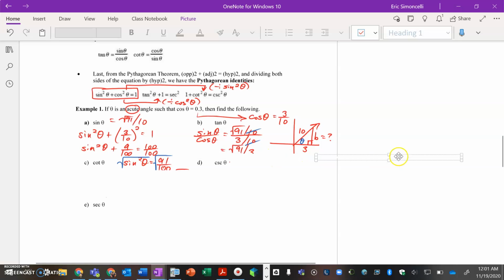Now there is a picture off to the right that accompanies this. I do want you to draw the picture for this problem just to practice. In the first quadrant we have theta. We're going to talk about quadrants and angles in quadrants, but later on more specifically. But in this case, if we draw it in the first quadrant, here's theta. Adjacent here is 3. Hypotenuse here is 10. We don't know the opposite side to theta. You could theoretically just do the Pythagorean theorem to find this side. And if you do that, you'll end up